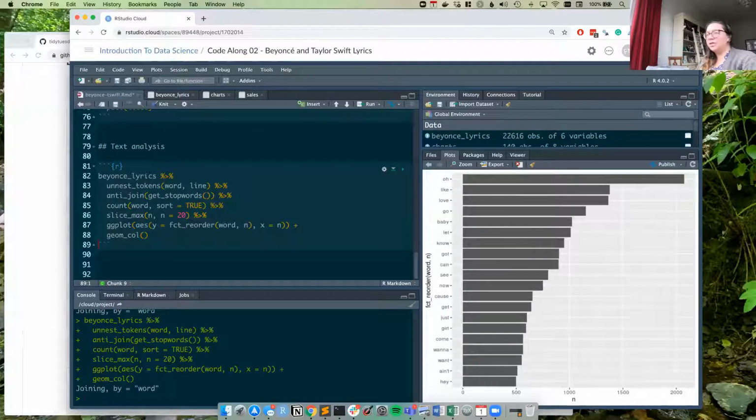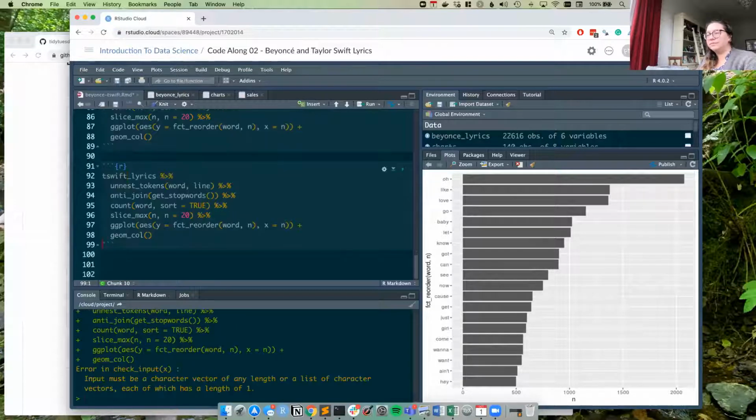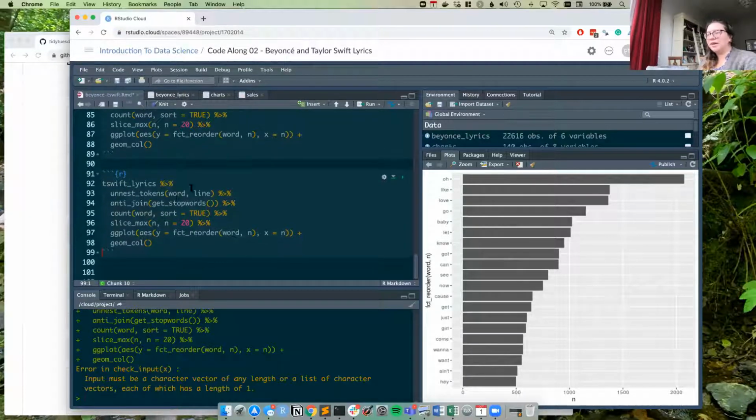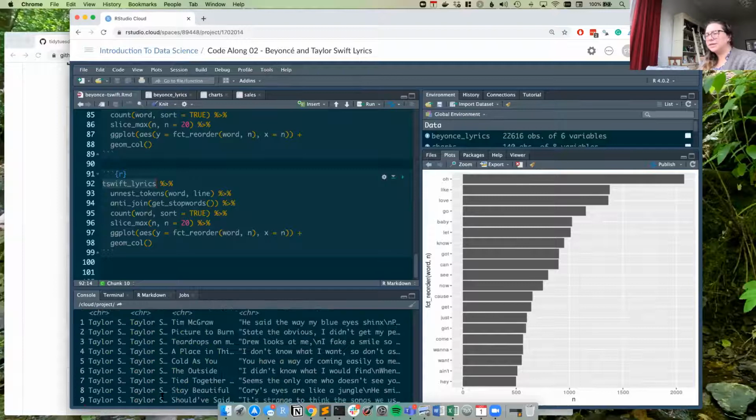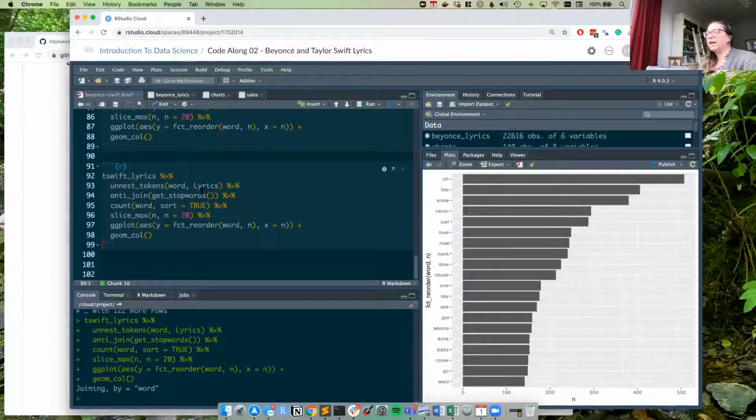Okay. So let me show you guys one other thing quickly. Now that we developed this code, the nice thing about it is I can literally copy and paste this down. And I can say, instead of Beyonce, give me T Swift. Oh, maybe I can't do that. Let's see. Was it not called T Swift lyrics? Yes. And so let's run this. Oh, look at this. The name of the column for that other data set is not line, but it's lyrics. So let's try to change that. And here is what it looks like for Taylor Swift.